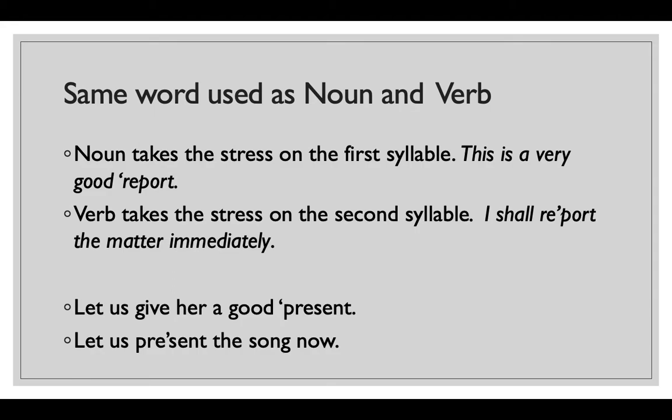അങ്ങനെയുള്ള സമയത്ത് the way to distinguish them is by giving different stresses. In a noun, the first syllable will get the stress. In a verb, the second syllable will get the stress. ഇത് സെയിം വേർഡ് നൗണും വേർബും ആയിട്ട് ഉപയോഗിക്കുന്നത്. You can learn that with an example. For example, let's take the word